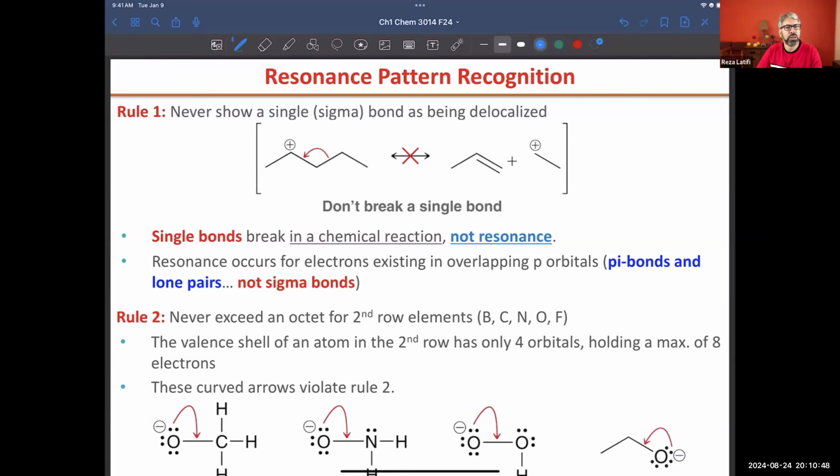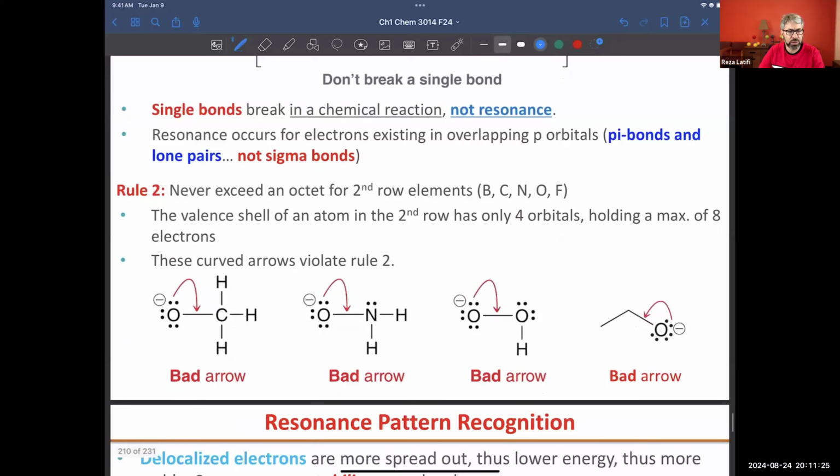Last time we covered a good number of examples, and in this lecture I will keep doing the same thing. When it comes to resonance structures, we do not break sigma bonds; they stay as they are. But if you have a positive or negative charge, you can share it with a neighbor using a lone pair or a pi bond. So you will get a resonance structure if the neighbor atom has a lone pair or is involved in a double or triple bond. For example, in this case, as you see, any atom that you pick is an octet,